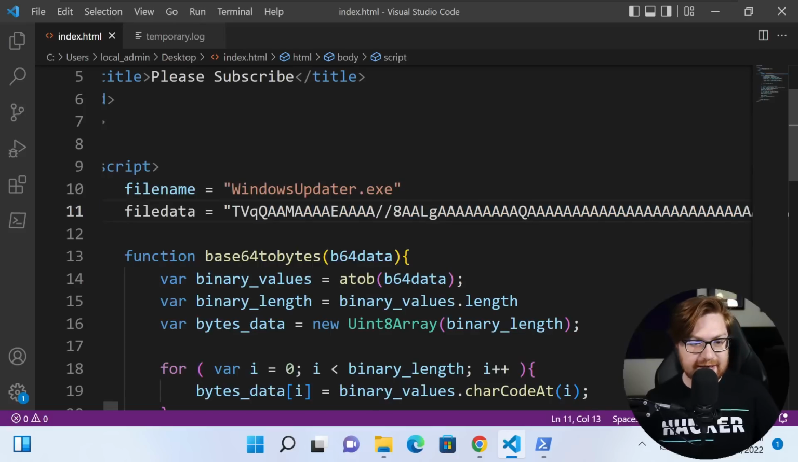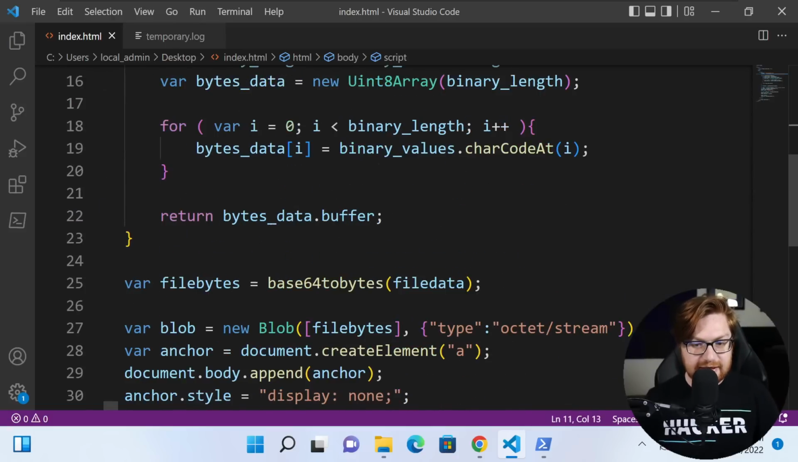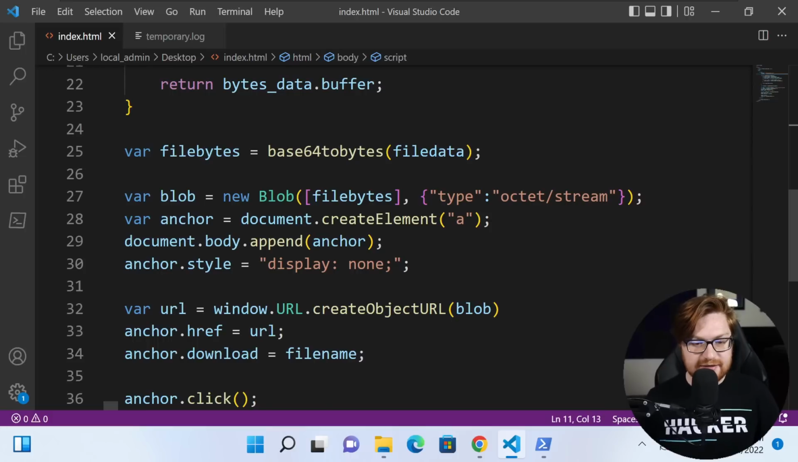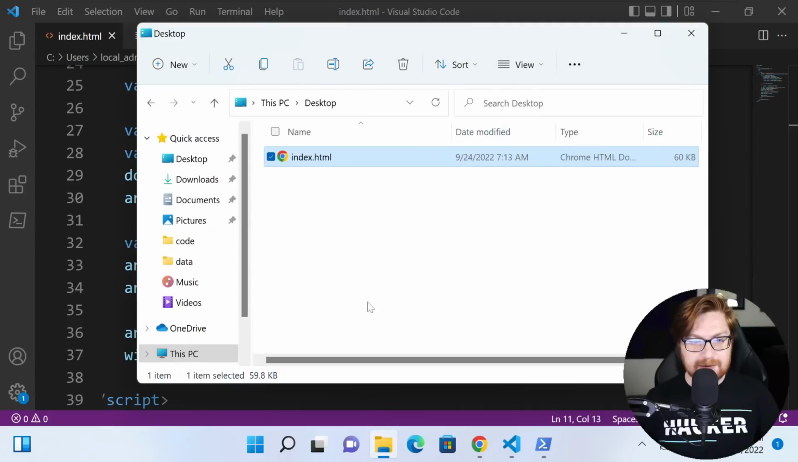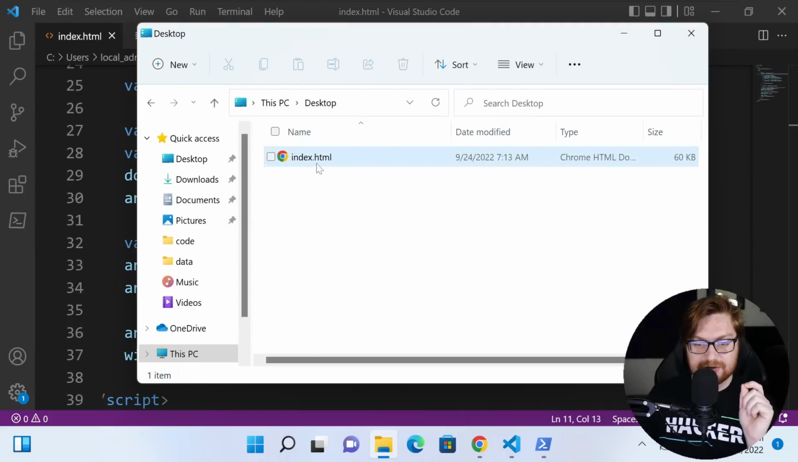You could go ahead and actually retrieve that from a different location or get creative with it. But again, for the showcase here, that's A-okay. So let's go see this thing in action. I'm going to go ahead and open up my index.html, and theoretically, we should be able to see this thing